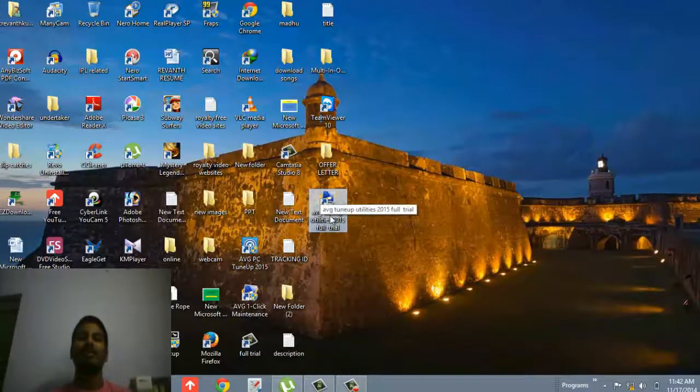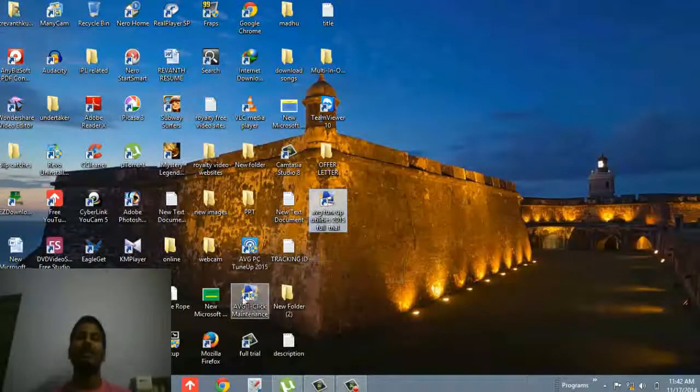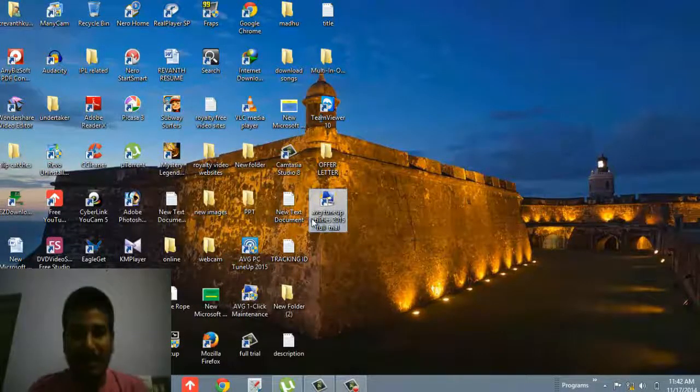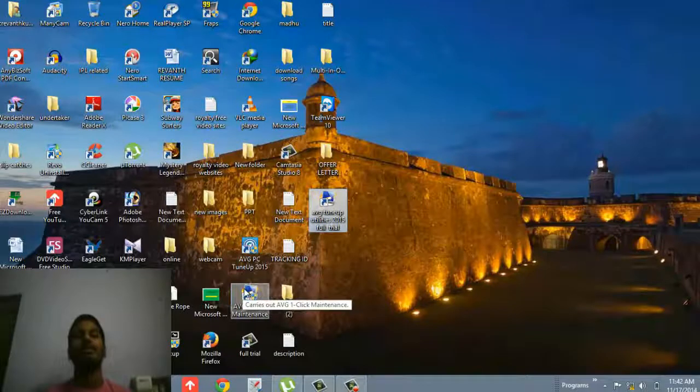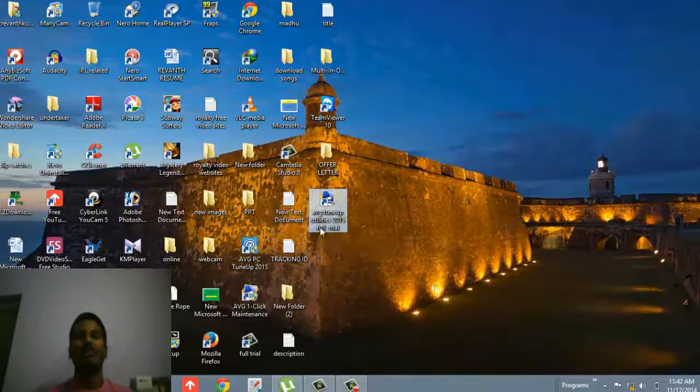This is the main shortcut. But don't delete the old shortcut. The new shortcut's working is based on the old application shortcut. Don't delete it, keep it like that, and use the new shortcut.